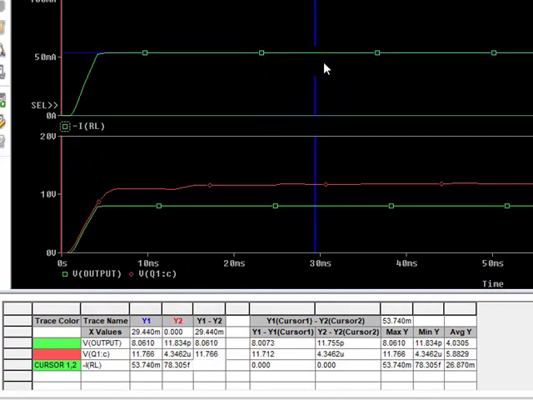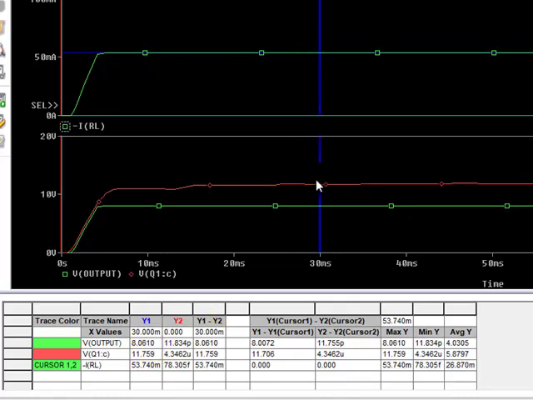Please see here, this is the current. To get the exact value, you can read it at the blue cursor. It is 53.7 milliampere and output voltage V out is 8.0610 volt, and at the input of the voltage regulator we have 11.759 volt, not 12 volt, because of the ripple.